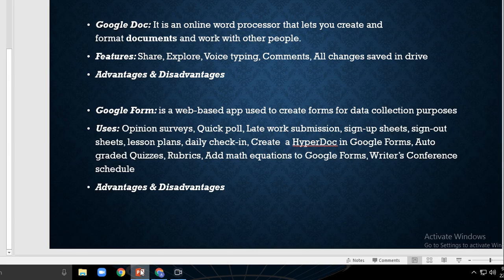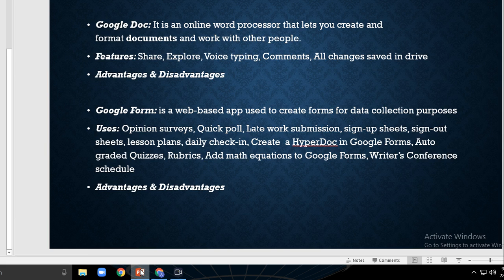Now there are certain steps for this Google Form and link. As I told you, you just have to go to docs.google.com, and there you type Google Form, and you will get so many options, just as I showed you. From that you have to choose a blank form or any other template from the gallery if you want. You can choose and prepare the material accordingly, whichever you want to.